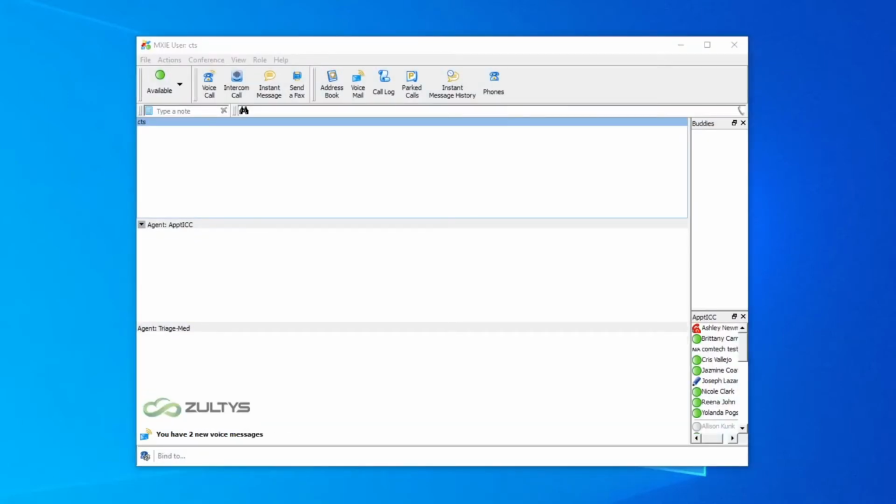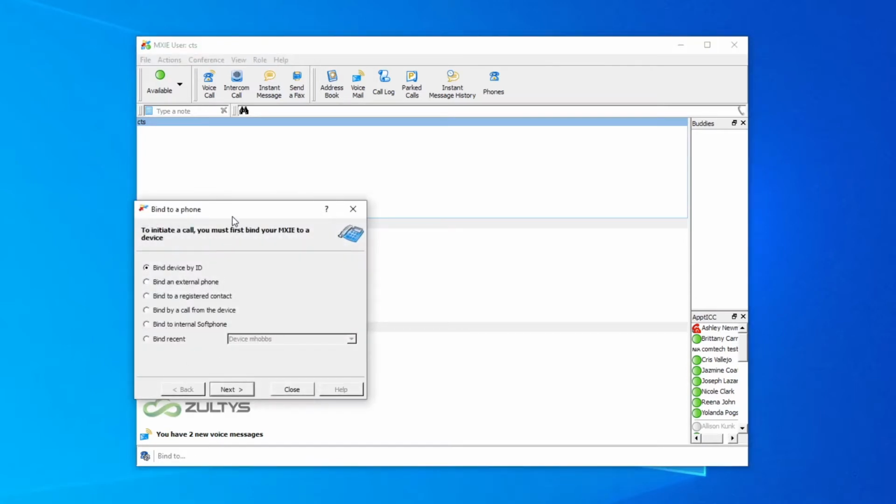The first thing we want to do is tell the program what phone we're going to be using to take calls with. You do that by going down here to the lower left-hand corner and selecting Bind To. We'll select Bind To again, and this will give us our device selection. There are two primary options to use. The first would be a desk phone, and second would be a soft phone, which would be a headset connected